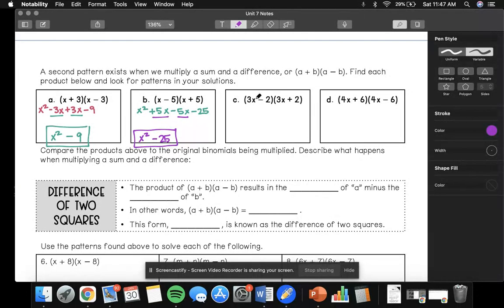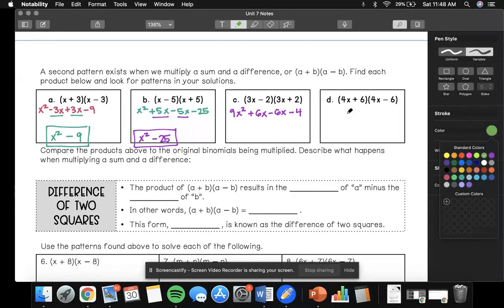Okay. 3x times 3x, well, 3 times 3 is 9, and then x times x is x squared. Okay. 3x times 2 is 6x. Now negative 2 times 3x is negative 6x, and negative 2 times positive 2 is negative 4. Okay. So when we simplify, we have 9x squared. I see a 6x and a negative 6x, which would make a 0, and we would be left with negative